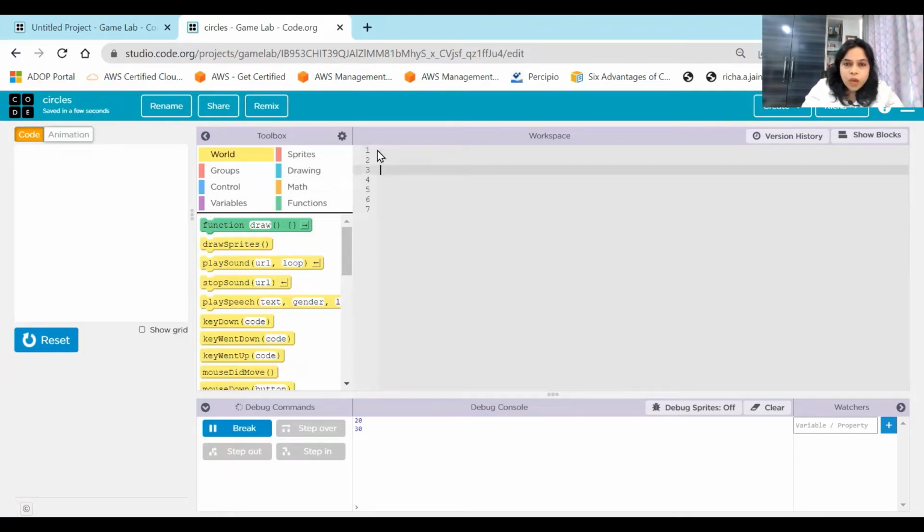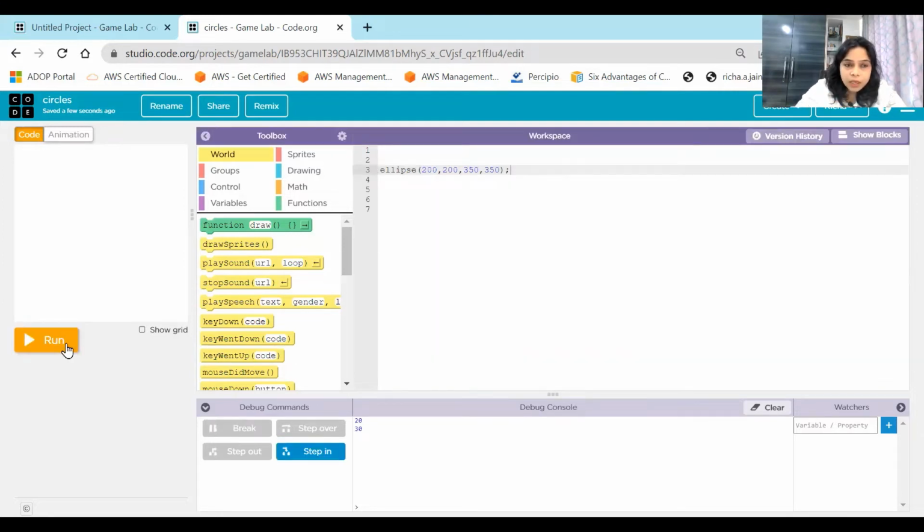Every one of you knows how we create a circle. To create a circle, this is the command, ellipse. Okay, if you want to take a look, here is a video. You can go back and check how we create a circle in Game Lab. So this is how we create a circle. The first two parameters are the x and y coordinates of the center, and then width and height. So one thing I could do is give the width and height here like this. Okay, 350 and 350. If I want to create a circle of diameter 350, this is how I can create